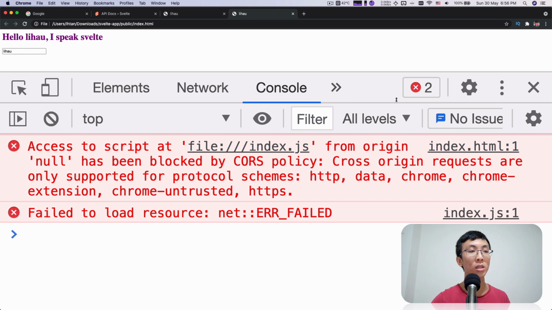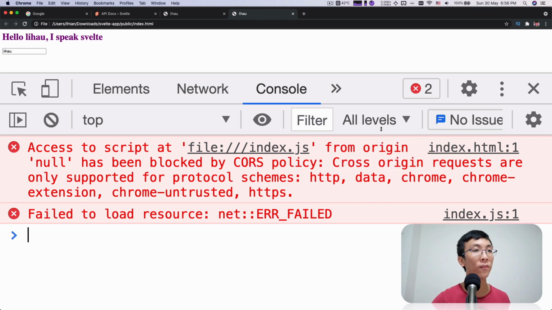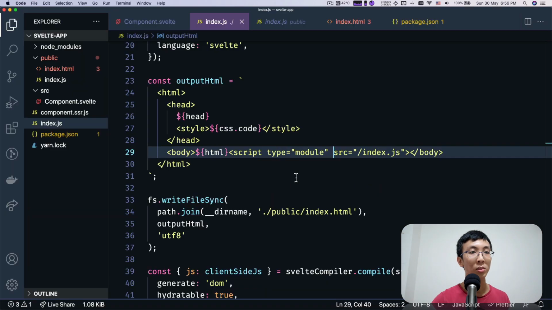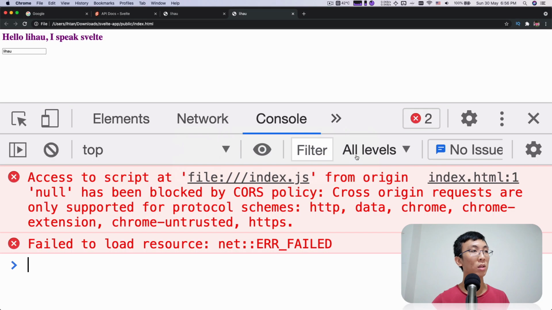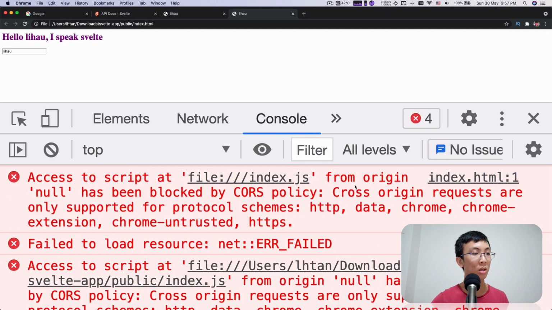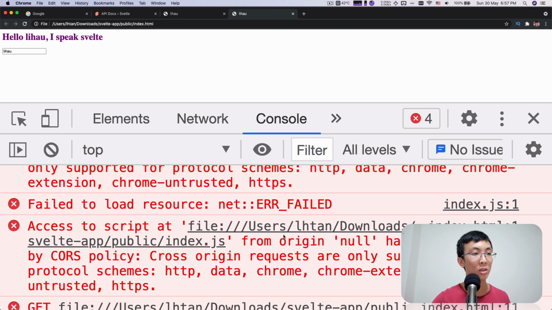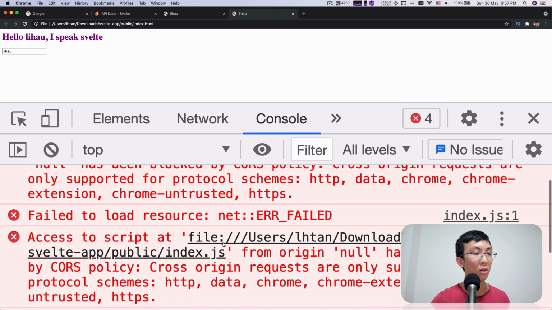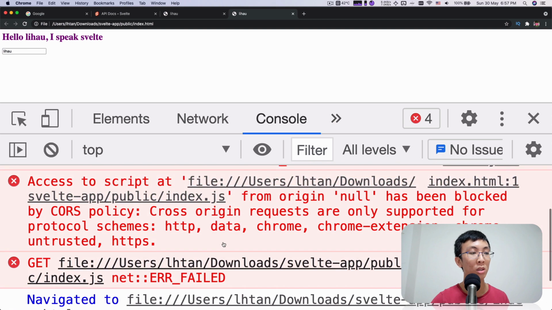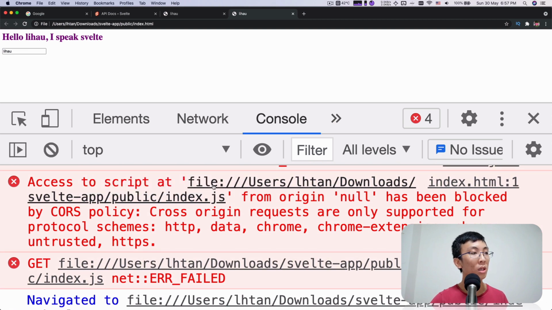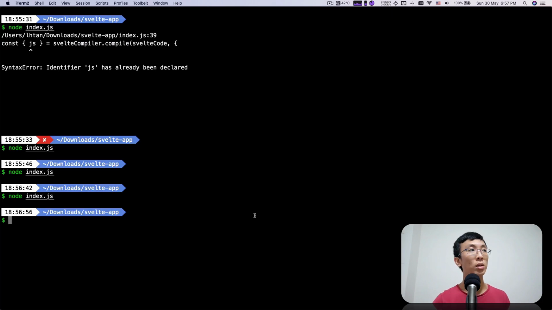If you take a look over here, it says that we need a relative path. The thing is, we can't load a module script using a file protocol, right? So if we open this file like this, we can't really serve it. What we need is a file server that serves all the folders from the public folder.